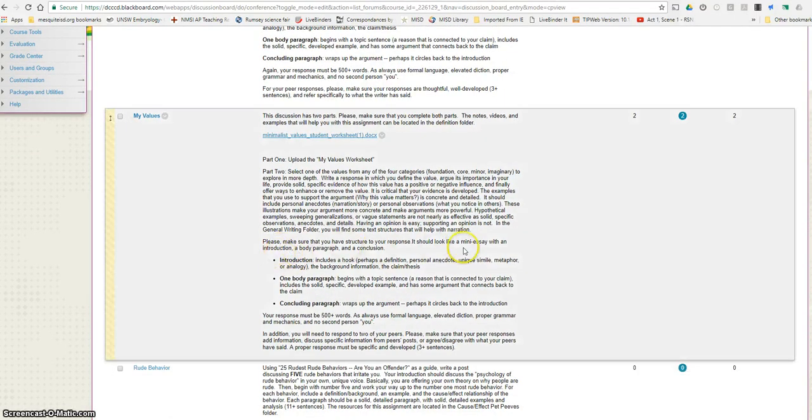Now as always, you need to look at Cicero's 6-part essay. So you need to have your intro, which has a hook. And the hook can be a definition of said value. It can be a story that you tell about how that value materializes in your life. You can create a simile where you say, relationships are like a